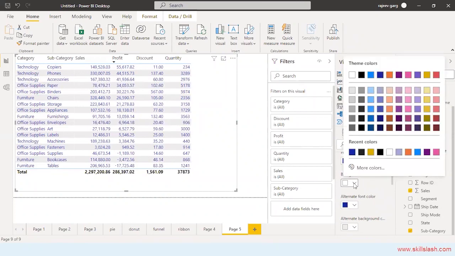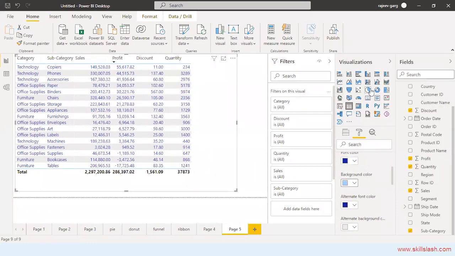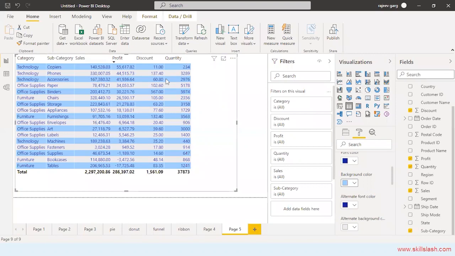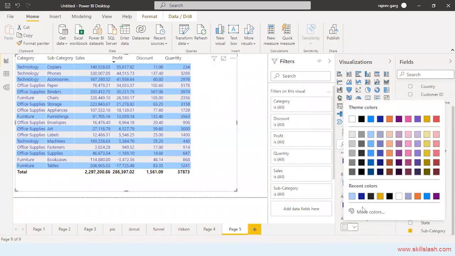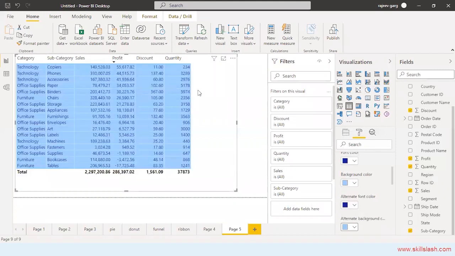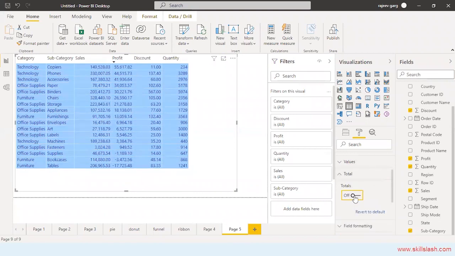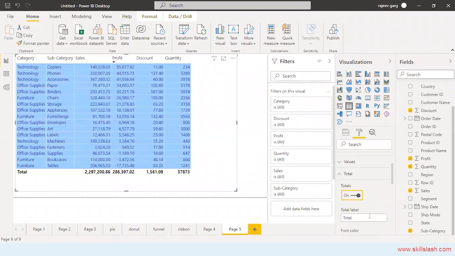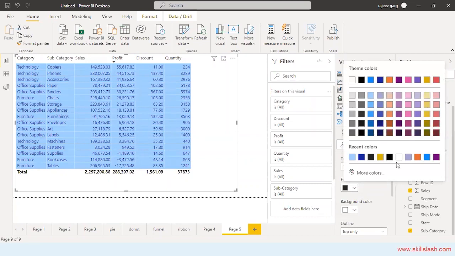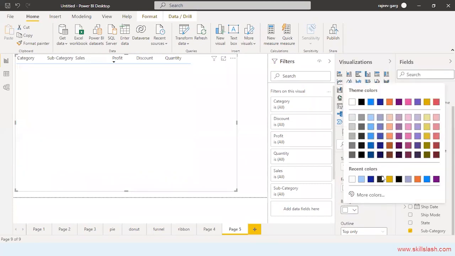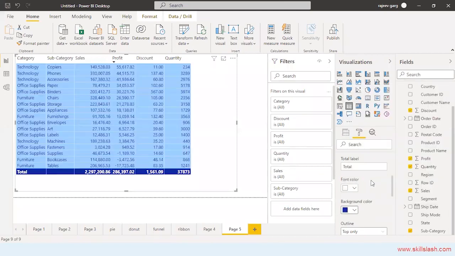Then we have the background color. If you want to give some background color, let me take it as light blue. So this is the font color coming. Now we have an alternate color. If you don't want this alternate color, you can also take it as same. So this is how it is appearing. So you have formatted the values, and you can go to the total if you want to format the totals, whether you want the total or not. If you switch off, the total will not be displayed, or you can switch on the total. You can set the font color and all. So let me put it in white color, and the background I would like to make a dark color. So I'm getting a reverse over here.